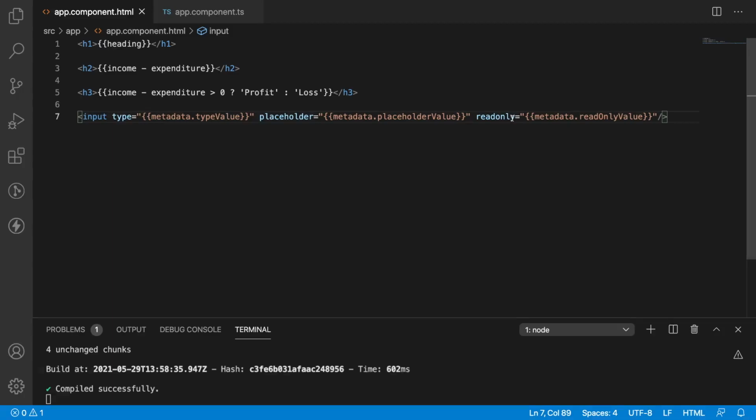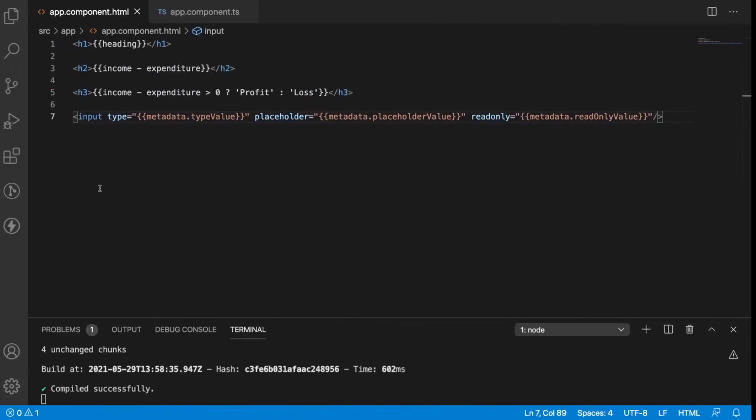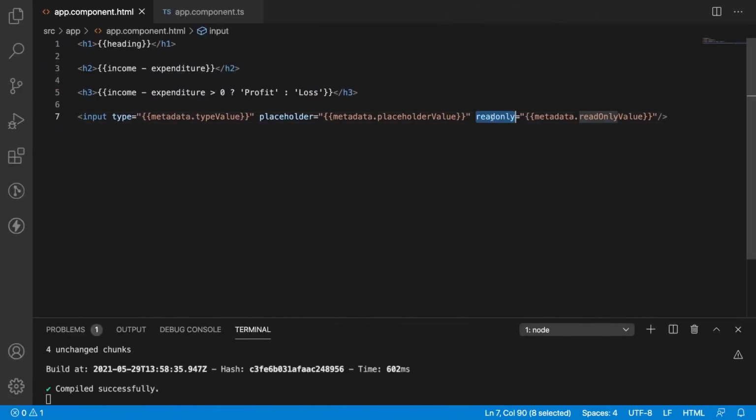But what happened? Let's see. If you see here, I am not able to type the keys. Why? Because the read-only property will accept a value as a Boolean value. But what that interpolation will do, whenever it completes its execution, automatically whatever the value inside the interpolation will be converted into a string.